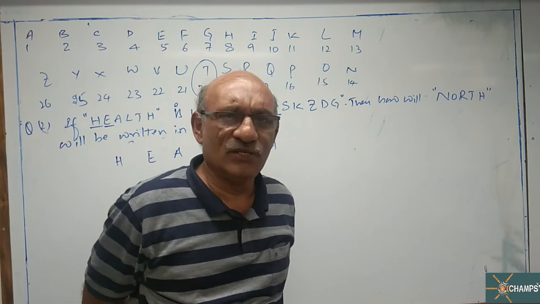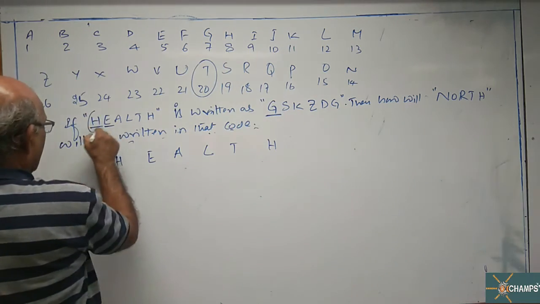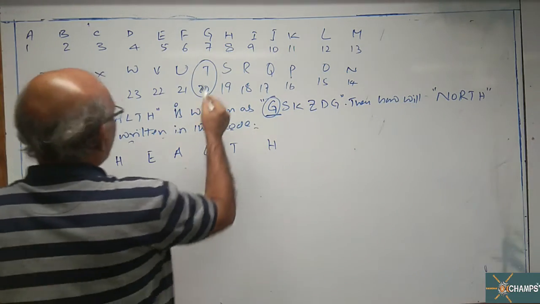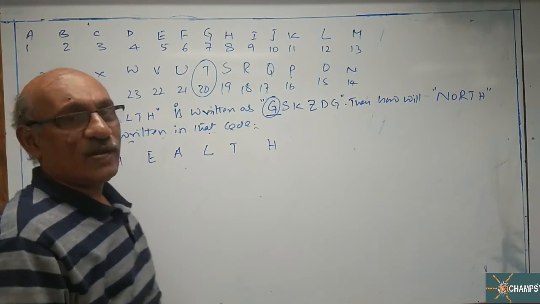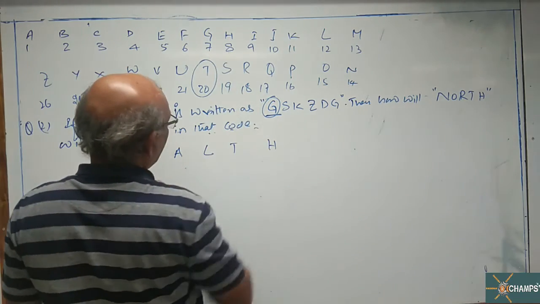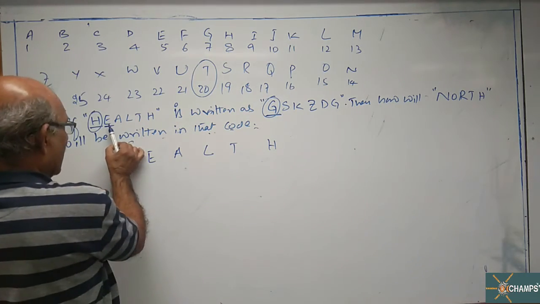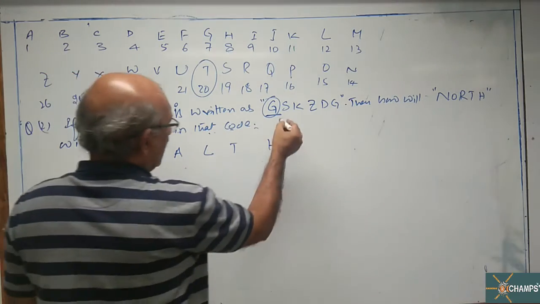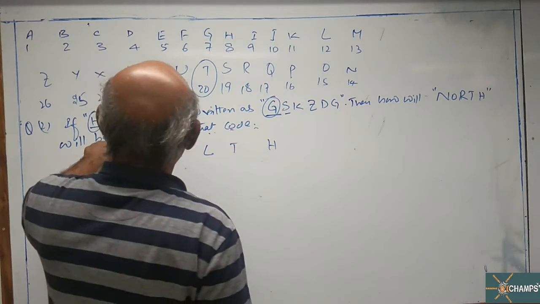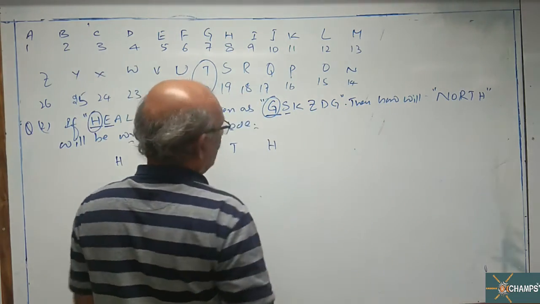So what I am doing, just paying some attention on the question. Now comparing the letters I have. Here it is H, here it is G. What is the numerical assigned to H, sir? 8 is the numerical assigned to H. What is G? 7 is the numerical assigned to G. 8 minus 1 is 7. Now next letter is E here. Here next letter is S. Numerical assigned to E is equal to 5, whereas numerical assigned to S is equal to 19.